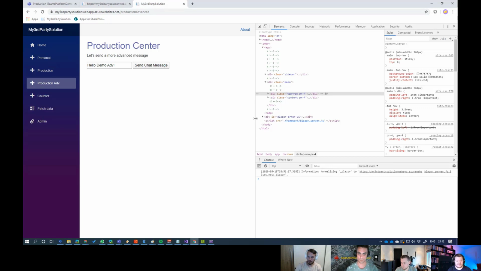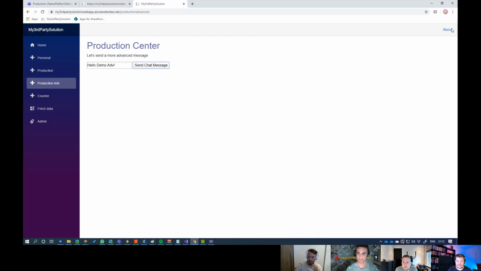So this was the short demo for the third-party Teams solution. But after playing with this simple page here, I thought about how can I get this component running inside the Teams tab, so that it's like using Blazor as a tool or as a framework, because it's nothing else like a framework inside of a Teams tab. And for that,